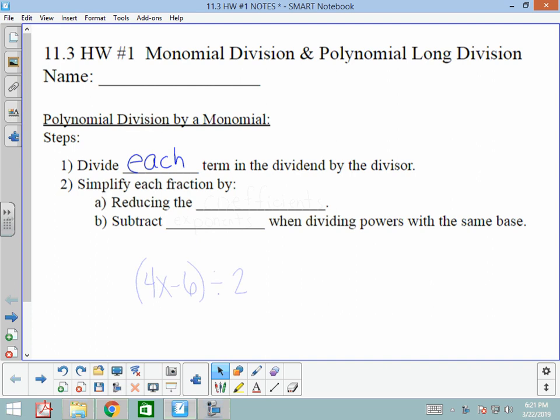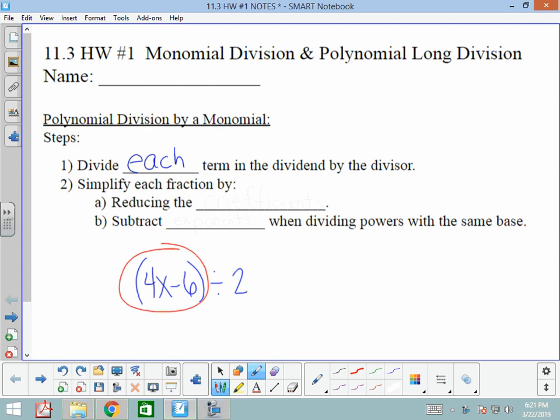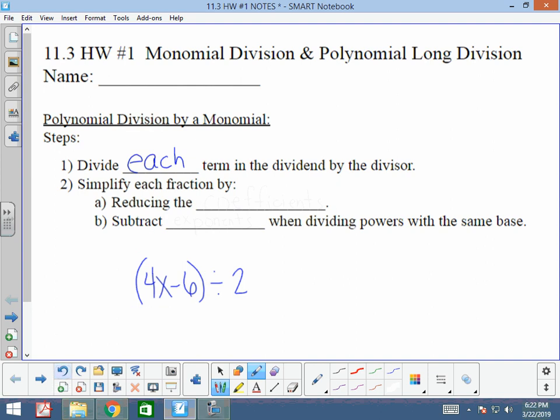So let's look at an example of first what a polynomial and a monomial looks like. This is a polynomial, and this is a monomial. Now, a monomial can have a variable. It can be like 2x. It could be just x. But you need to understand the polynomial and monomial. We've already done that particular lesson. Now you need to understand what the dividend and the divisor are, because I'm going to be using these